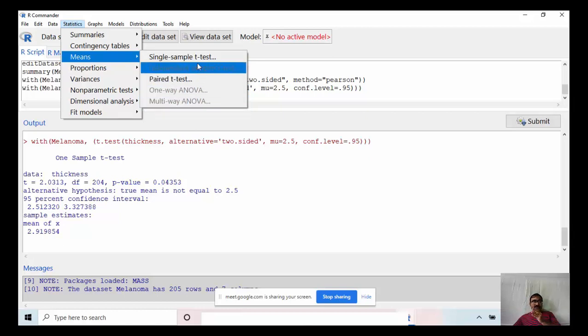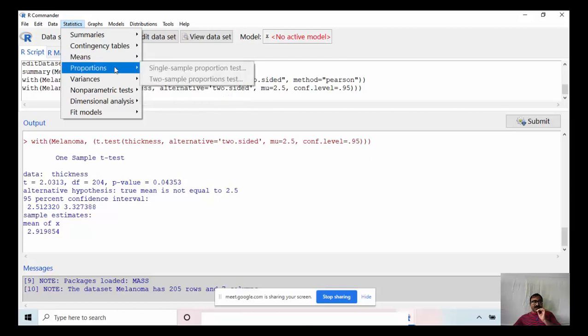In SPSS, all of them are highlighted and you have to select the appropriate one for your dataset, but here it will show only the highlighted options. That means those statistical procedures which are applicable to the dataset, and other options will not be highlighted. So that is the advantage.